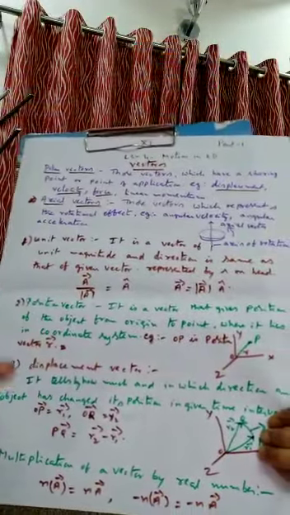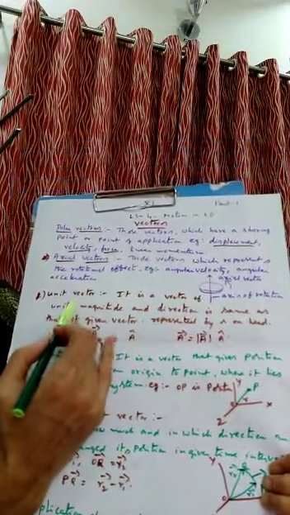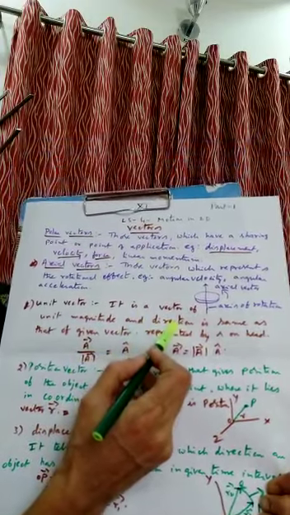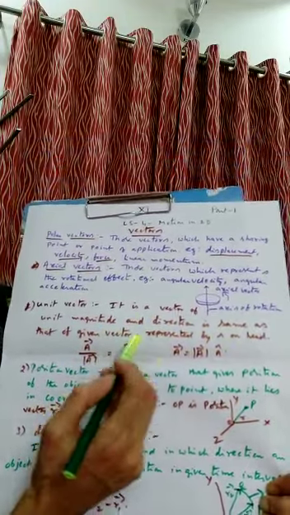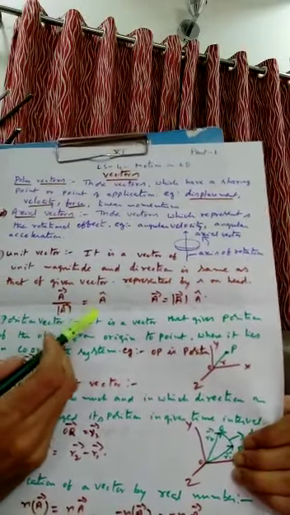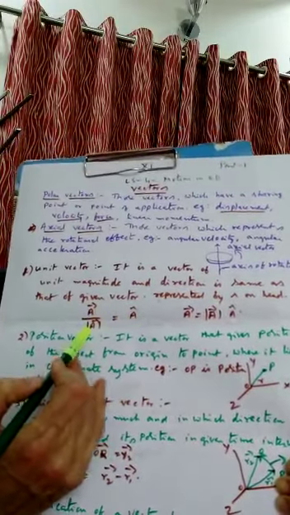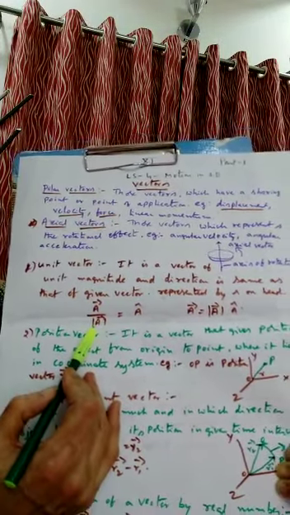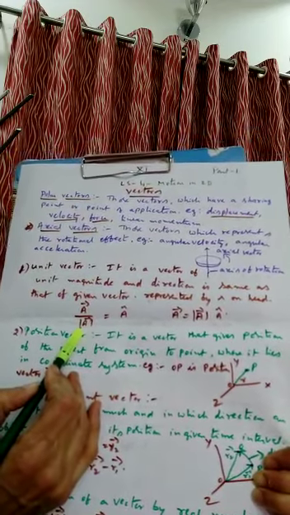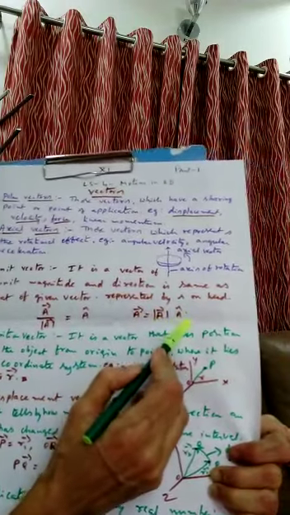And the next vector, do you know what it is? The next vector is the unit vector, which is very important. What is a unit vector? It is a vector of unit magnitude and direction the same as that of the given vector. Suppose A is a vector. What is the unit vector of A? Unit vector is nothing but vector A upon magnitude of A. Magnitude means only the number, right? Or we write vector A as its magnitude and unit vector.